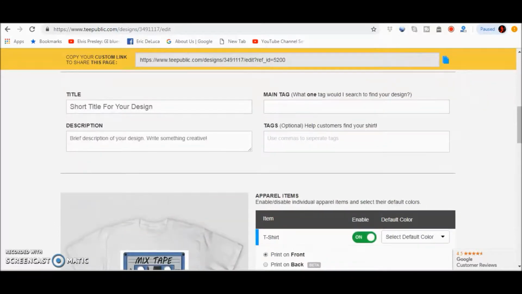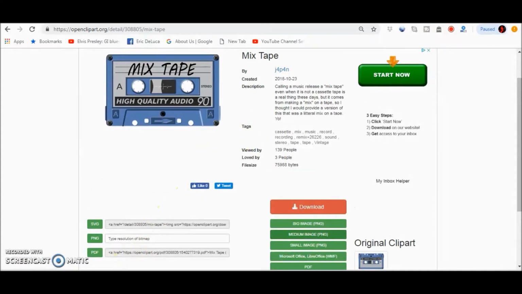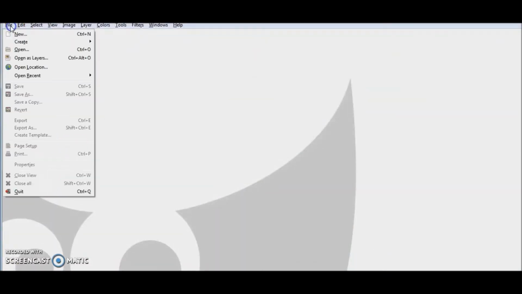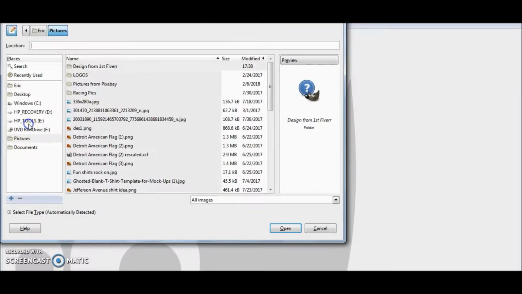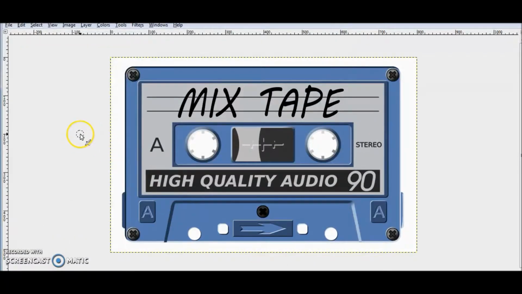So let's go back. We've already downloaded it. What we want to do is open up GIMP. We're going to open up GIMP, and that's where we're going to grab the image. Now we're in GIMP. We're going to open. Just remember where you put it. Open. We're going to right click,